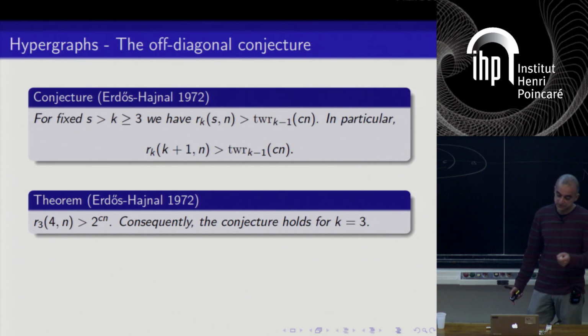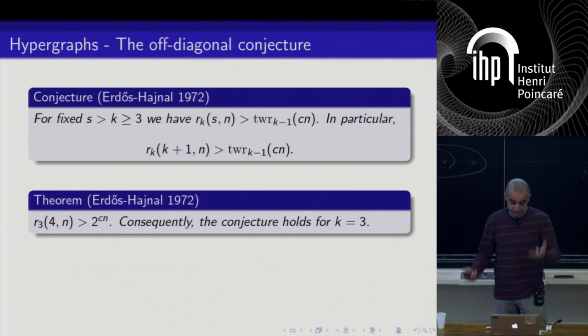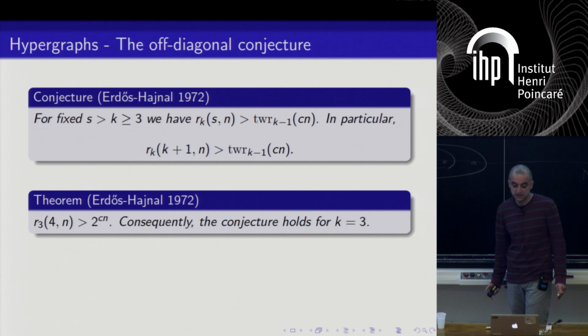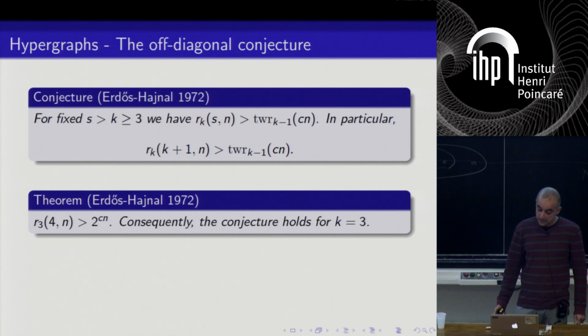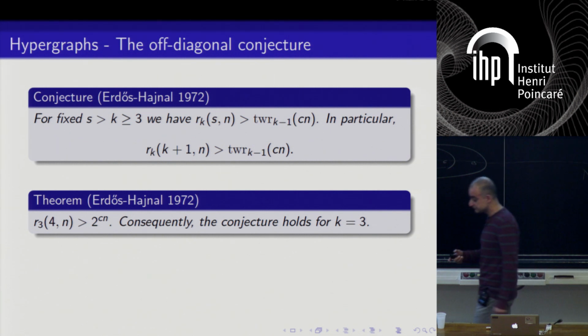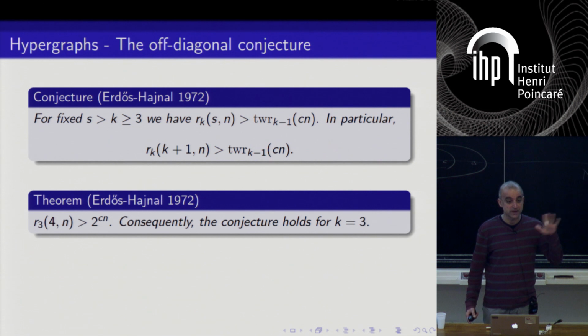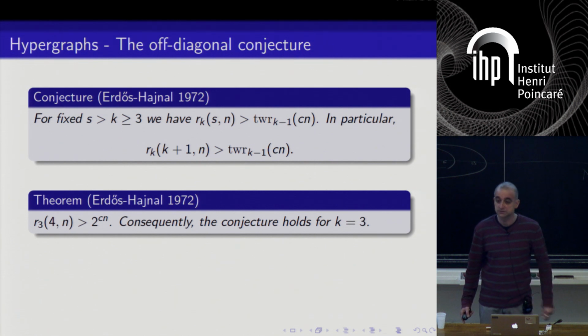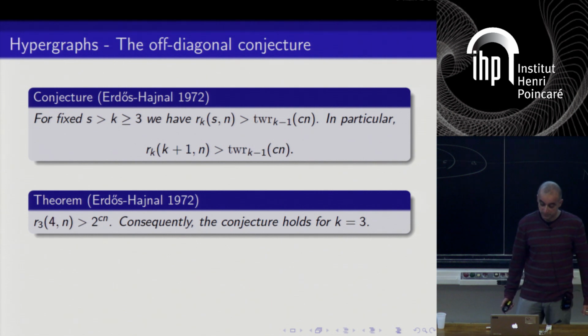So the hardest problem in this regime is the smallest s, which is going to have the smallest value, and you need to show that that is at least the tower of height k minus 1. So r sub k plus 1 n is greater than the tower of height k minus 1. And this is an easy upper bound. So there's a rather standard argument by Erdős and Rado in the 50s and 60s using the pigeonhole principle, which gives upper bounds for Ramsey numbers in general for hypergraphs, and it would give you this upper bound. Okay, so this upper bound is well known and easy relatively speaking. So the issue is the lower bound.